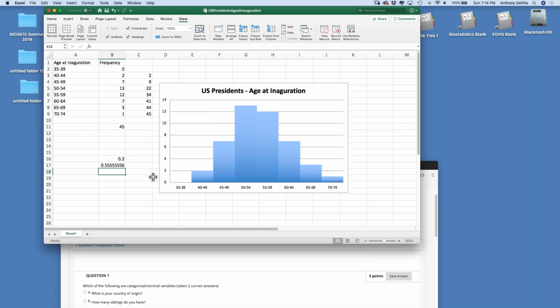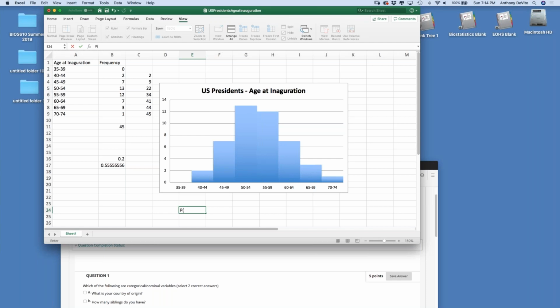Now, let's take this a step further. I'm going to ask you about something called a conditional probability. Now, we talked about Bayes' theorem and conditional probability. So let's see what that might look like. One of the ways that might look, and I'm going to type this in rather than write it in so I can get away with it. What's the probability that a president is less than 50,